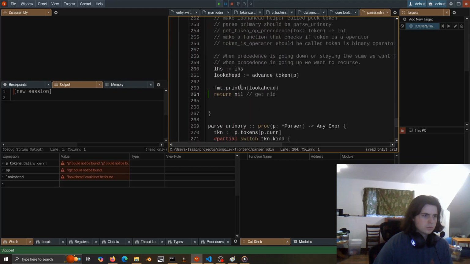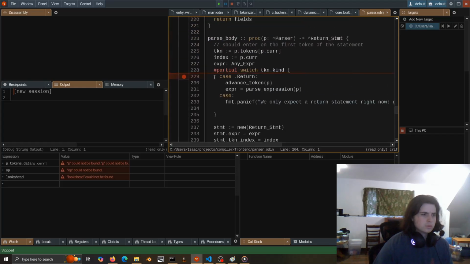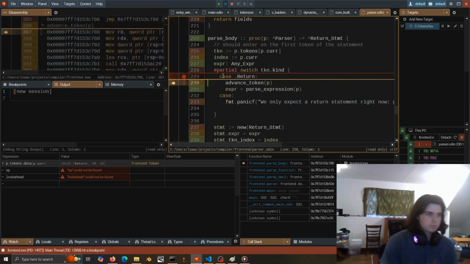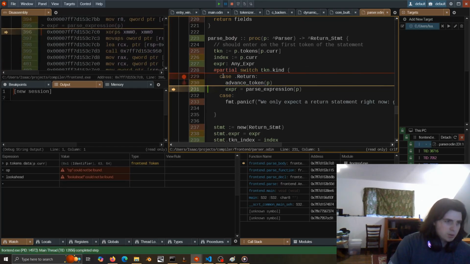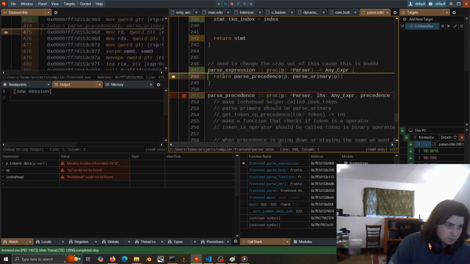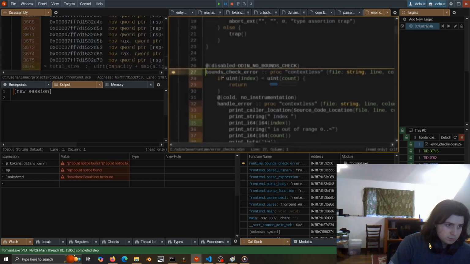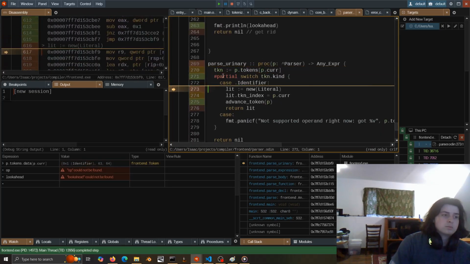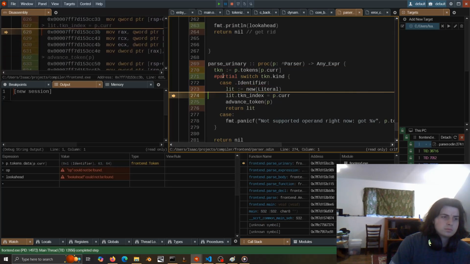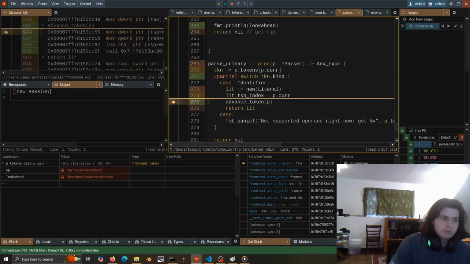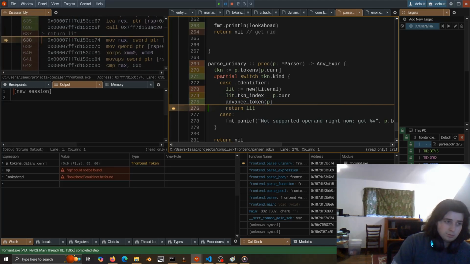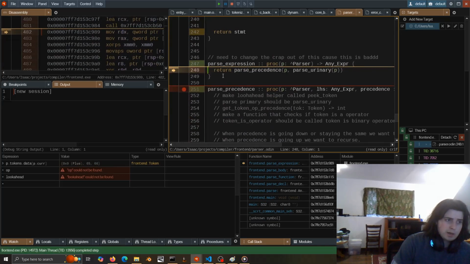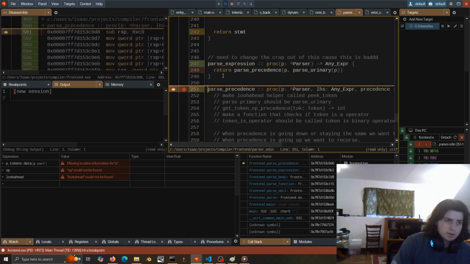So we enter on the return, we advance the token, we go to the parse expression. Advance the token, return the literal, we go back here, we enter here,